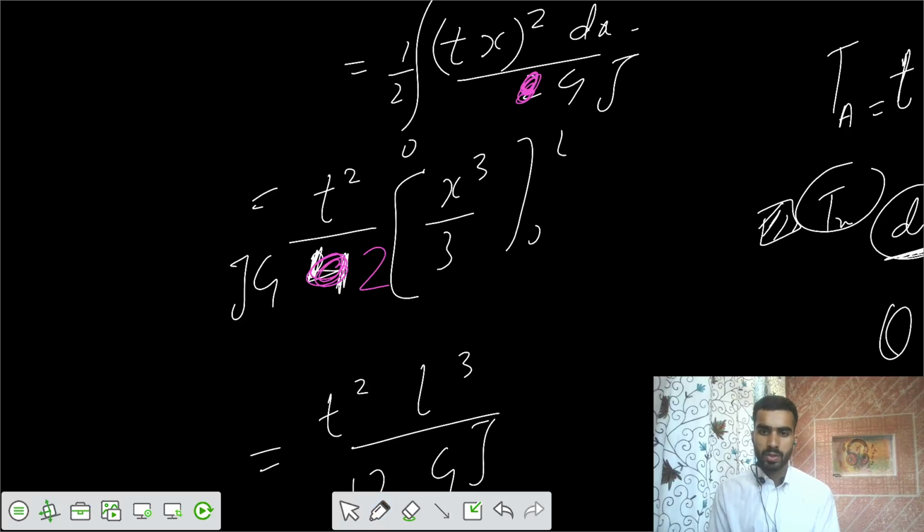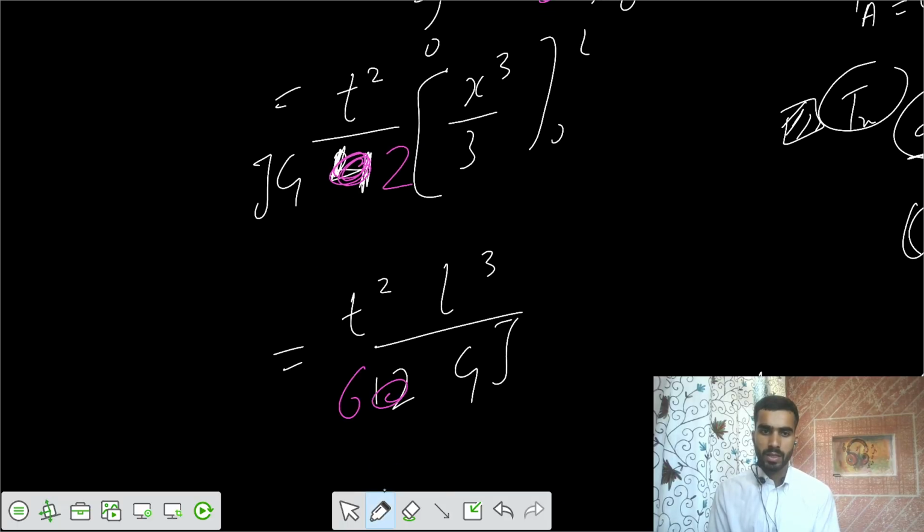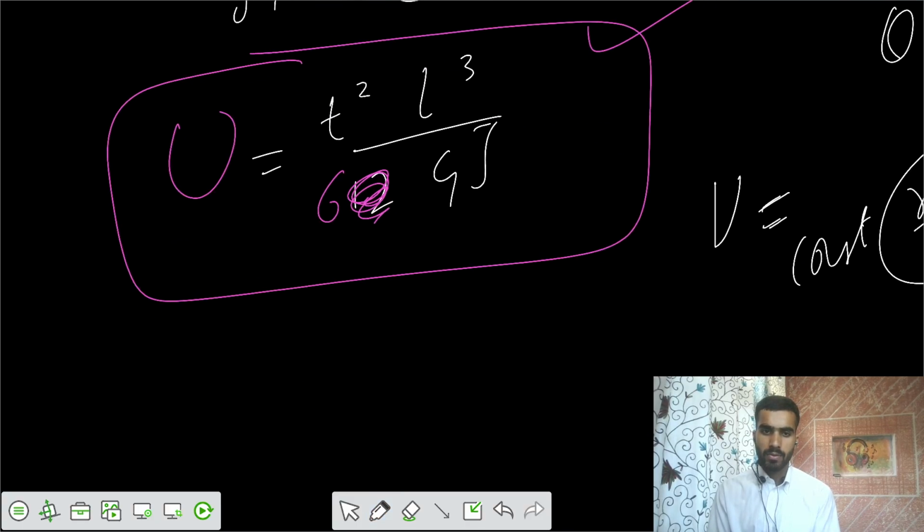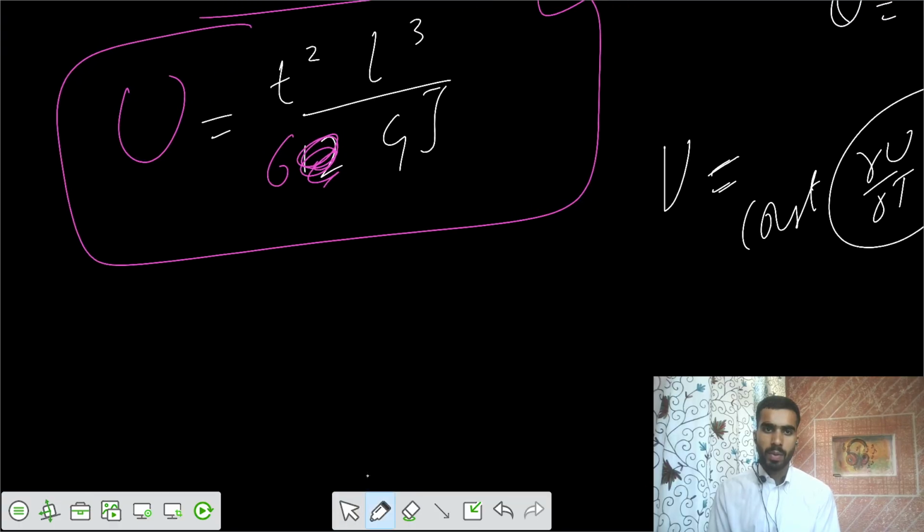So the final value would be 6 times. So you got the total strain energy stored in the shaft, that's equal to g square L cubed by 6 GJ. And now you want to say what is the theta at any location? Or if you say theta at the free end, I would calculate that as dou u by dou t,